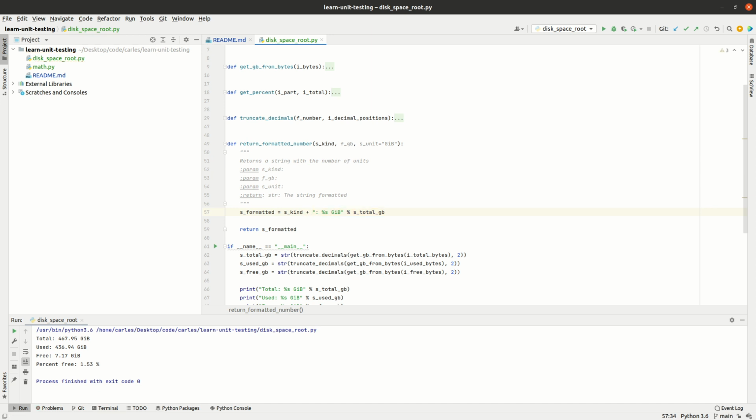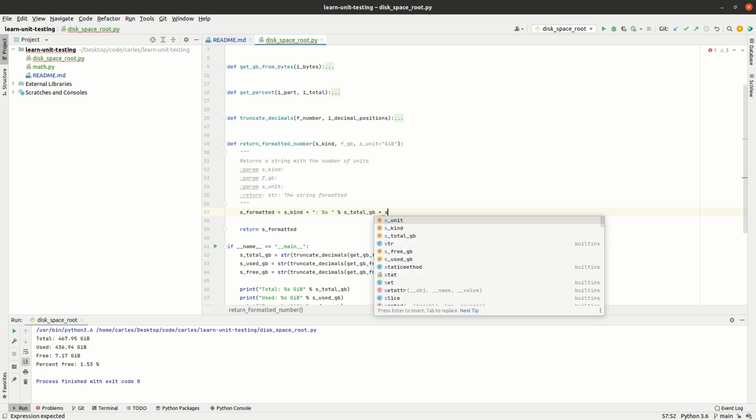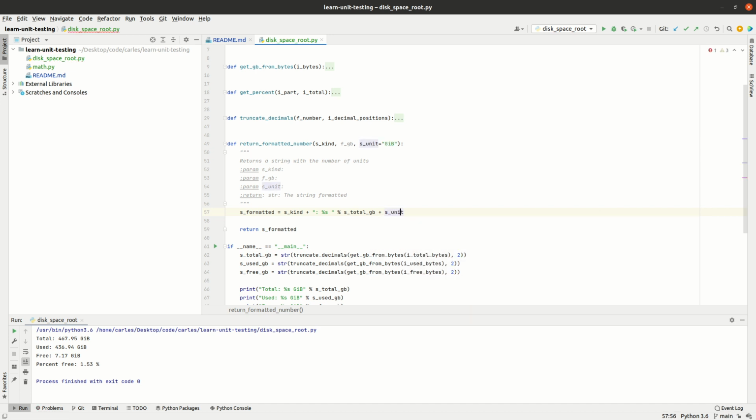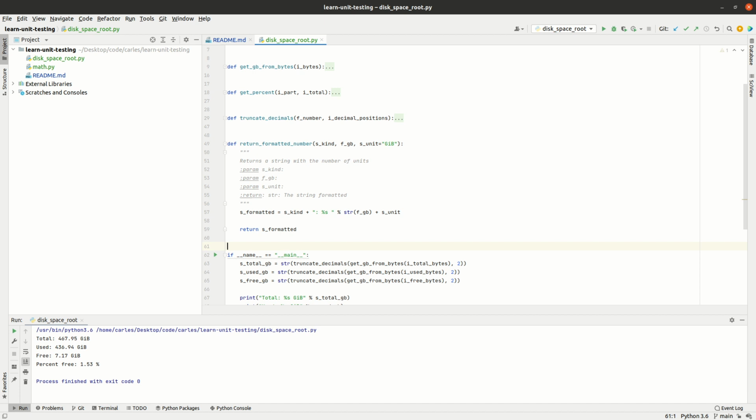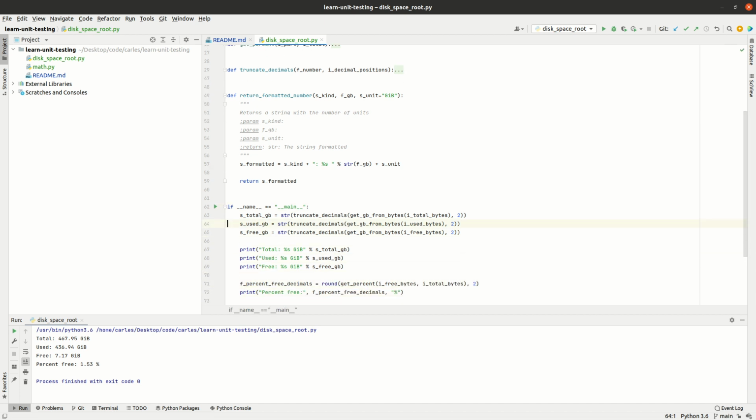And instead of this, we will have the unit. Okay. And instead of total gigabytes, we will use f GB str. Okay, so the idea is now